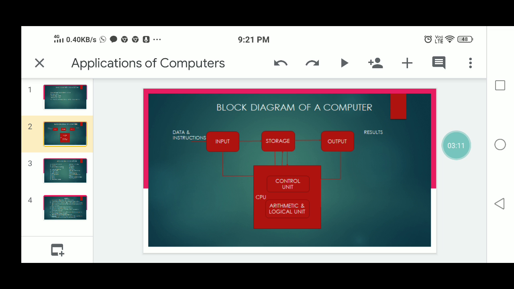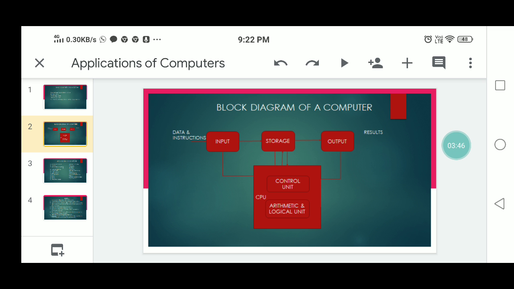Computers understand binary language, which consists of only 2 symbols, those are 0 and 1. A computer cannot understand higher level languages. A computer is machine dependent, and machine dependent codes are 0 and 1. So it is the responsibility of the input devices to convert the input data into binary codes. That is input.